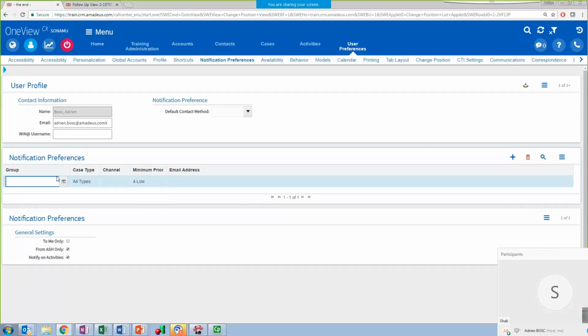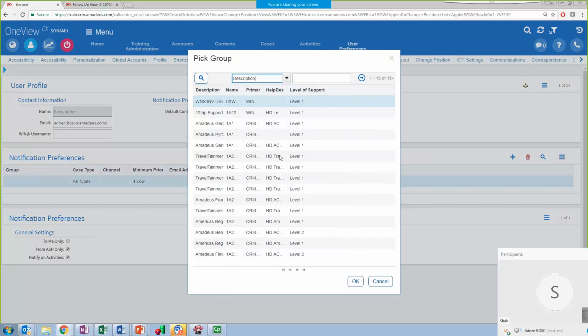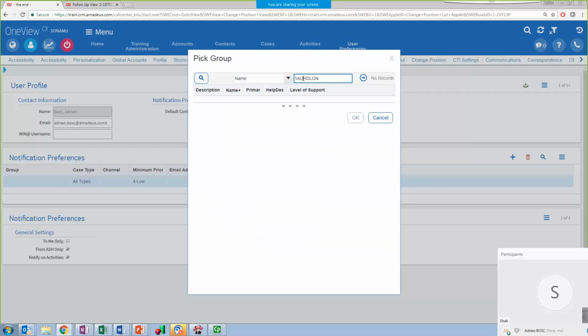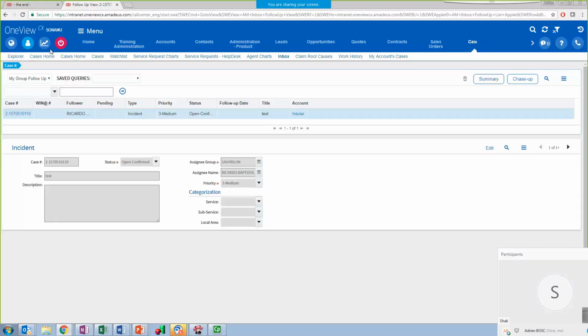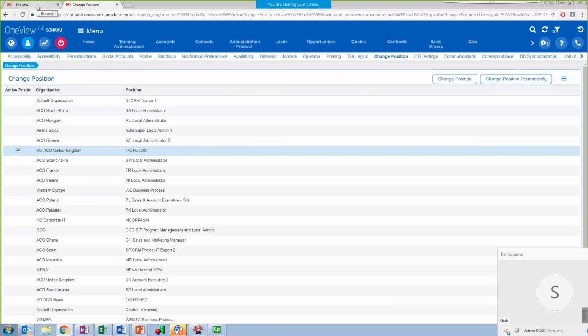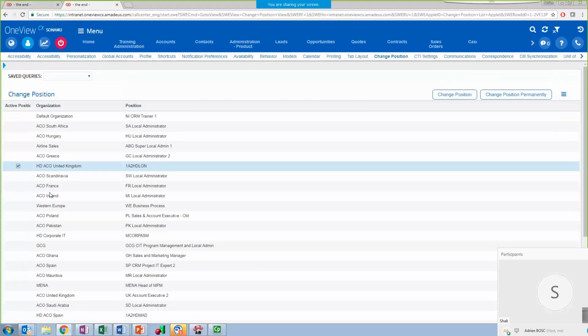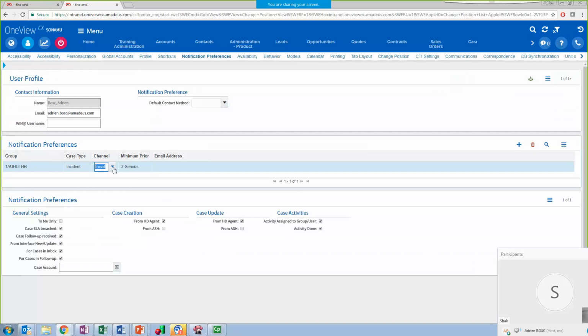So the idea is to, oh, sorry, I removed the gray box here. Click on plus. Pick your group, the group that you would like to follow up. I should have put directly the group. Okay, I'm going to do it here. Normally, in the channel, you have to pick the WinAt notifier. This is the setting that you should do to receive it via WinApproach.